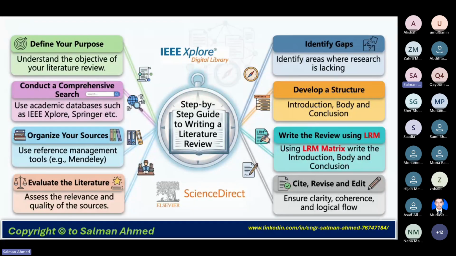After that, there is organize your sources. That is the most important point. Sometimes some researchers read more than 300 or 500 papers, but they are weak at organizing them. So when they want to cite a paper or recheck a paper, they get confused about where they stored it, and they waste their time accessing those journals and research articles again.